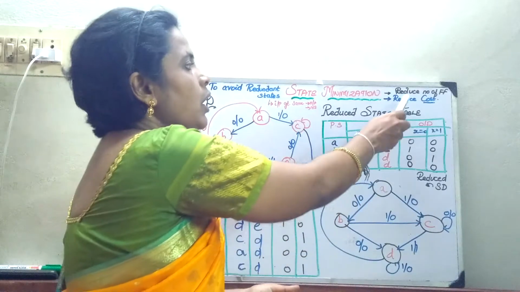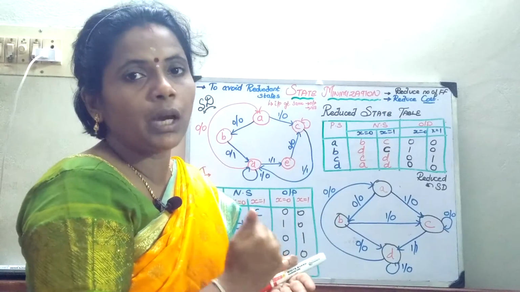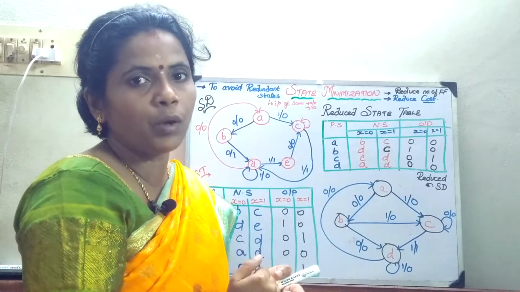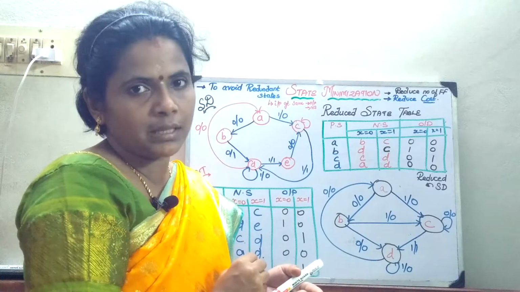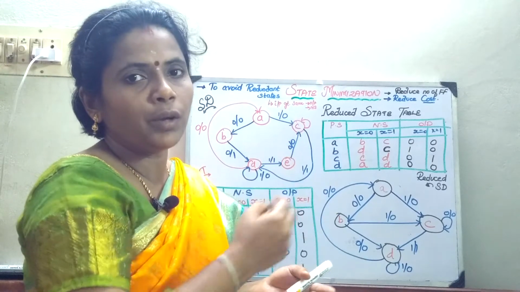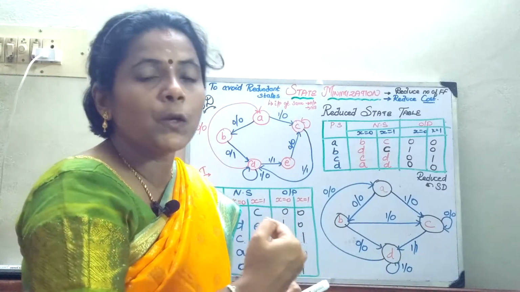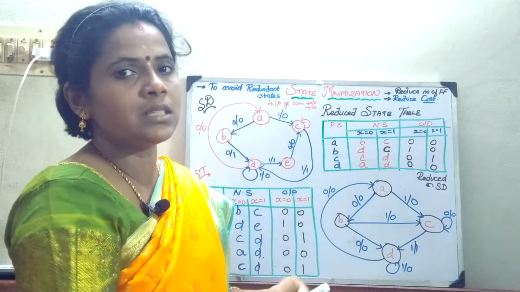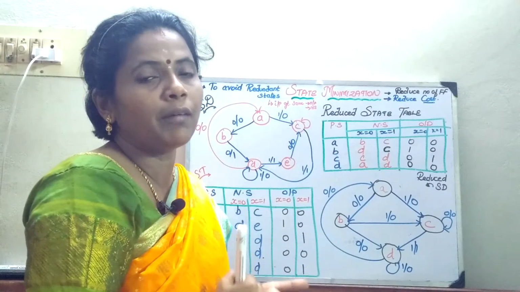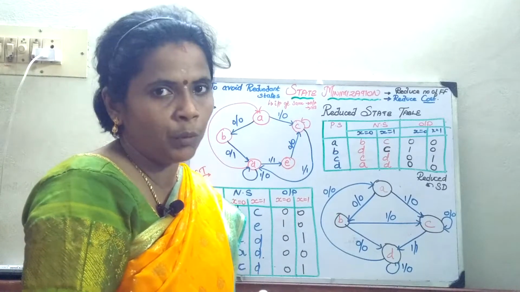It is because when we reduce the number of states, we are going to reduce the number of flip-flops. What does it mean? Suppose I have states A and B, that is 2 power n. With 4 states you will have 00, 01, 10 and 11. So if I reduce the number of states, in other words I reduce the number of flip-flops, thereby I will reduce the cost of the digital circuit which is employed.